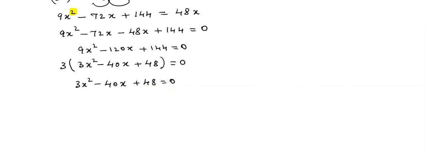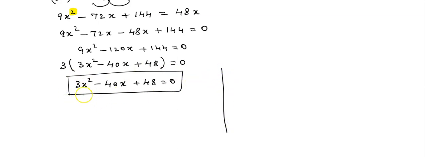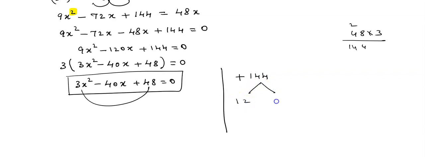So this is our quadratic equation. Now what is the quadratic equation we got? 3x square minus 40x plus 48 is equals to 0. Same thing. First multiply first term with last term. Plus into plus is plus. 3 into 48. How much 3 into 48, children? We can multiply 48 into 3. 8 3s are 24. 3 4s are 12 plus 2, 14. It is 144. It's nothing but 144. In which tables we get 144? That is 12 12s are 144. Right?